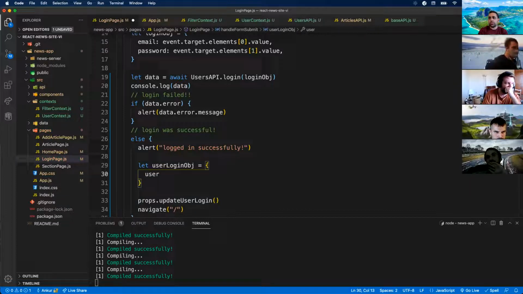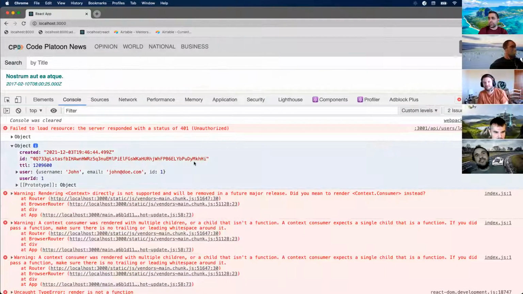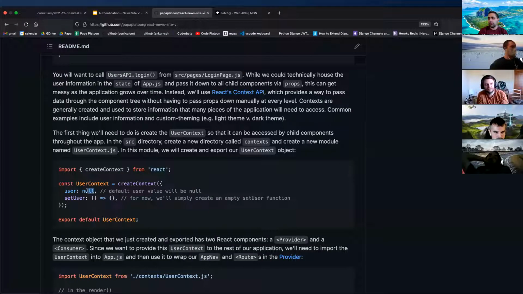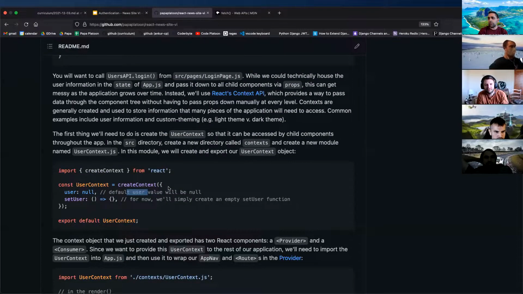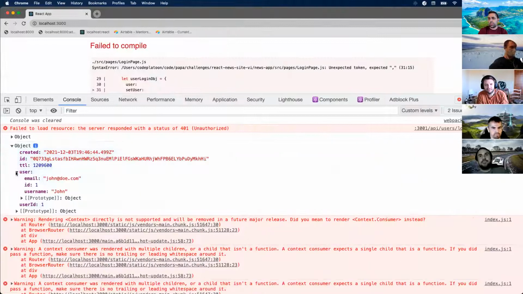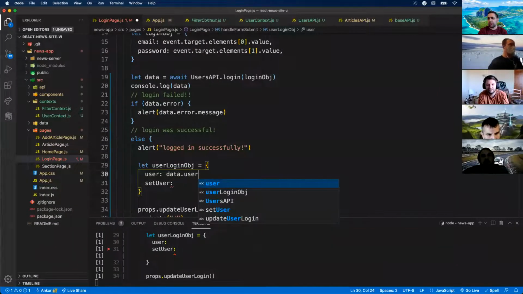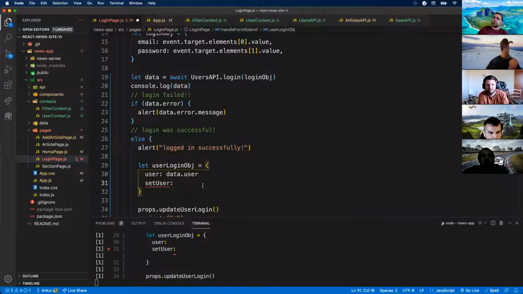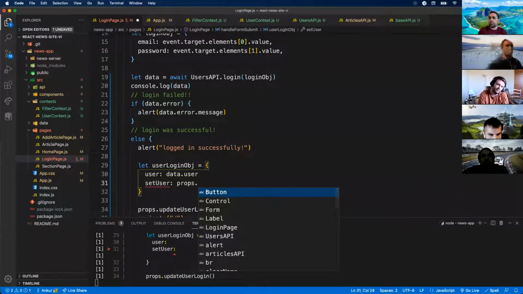So we're going to set a user and a set user function. The user will be, what is user supposed to be? No, null. All right, I think it's going to be this object right here. So we have a user object that has email, ID, and username. That's going to be what we set there. So I think I want to do data.user. And then set user is going to be, I guess, the handler function. I don't know if this is getting kind of messy, but props dot